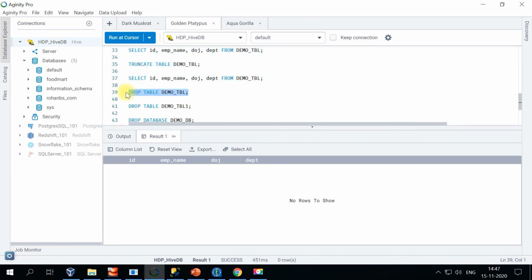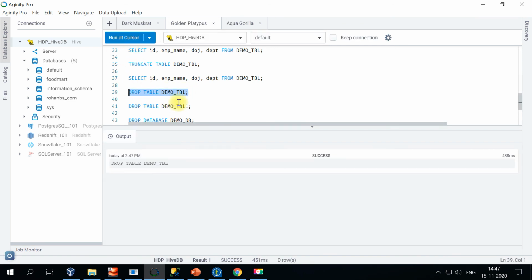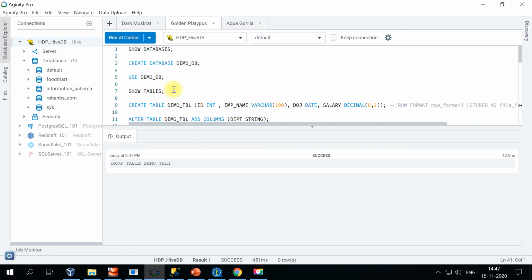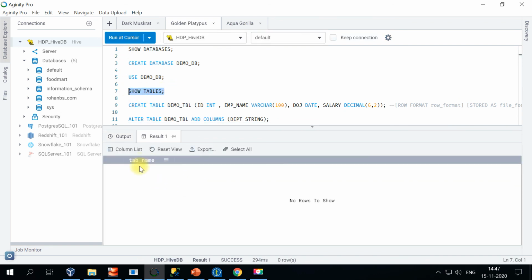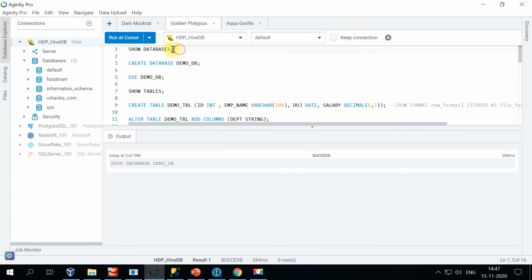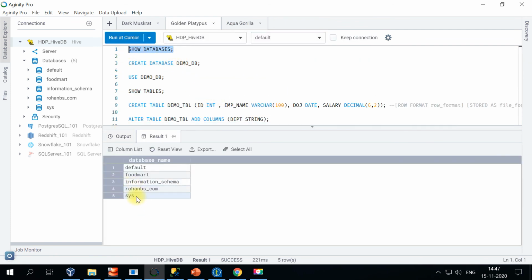Now we'll look at a couple more DDL operations, which is drop table. So we created this table, so I'm going to drop that. So the table is dropped, and let's drop the other table also that we created. Right, so before we do the final drop database, if you go back and do the show tables, there are no tables. Right, at the end we can go back and drop the database. So the commands are pretty simple: drop table table name or drop database name. Right, so let's look at what are the databases available. See that DemoDB is now disappeared from the database list.